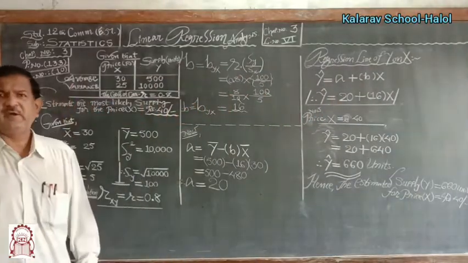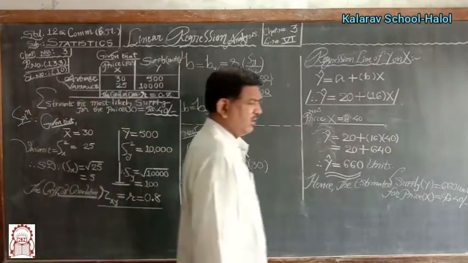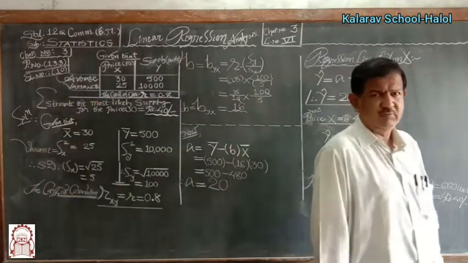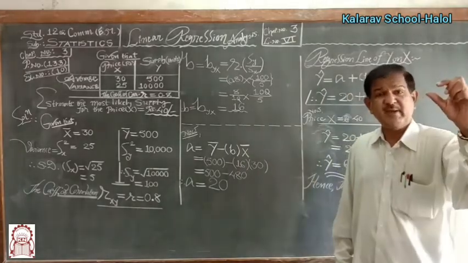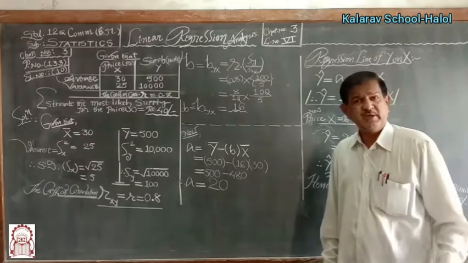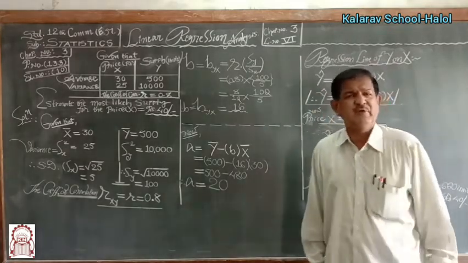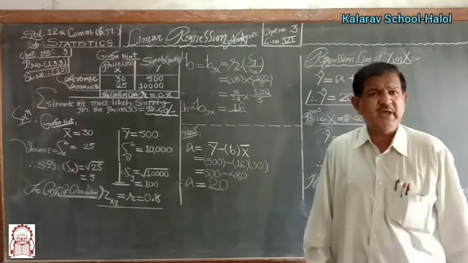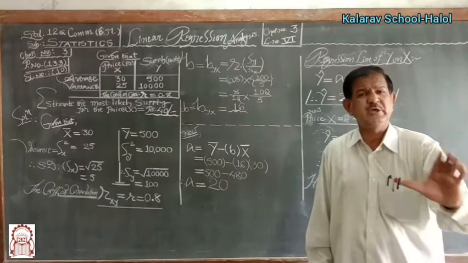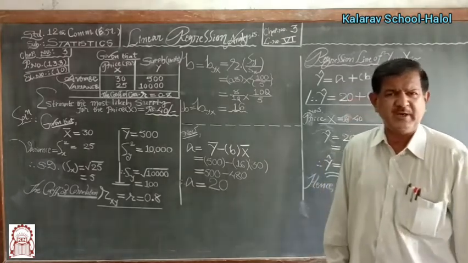In the third chapter, that is linear regression analysis, up to last chapter we have seen the method in which numerical examples in which x bar and y bar are completely integer, then values of x and y are comparatively small, then the application of u and v. Now in this lecture, we are going to see how to make use of coefficient of correlation as well as standard deviation of x and standard deviation of y.